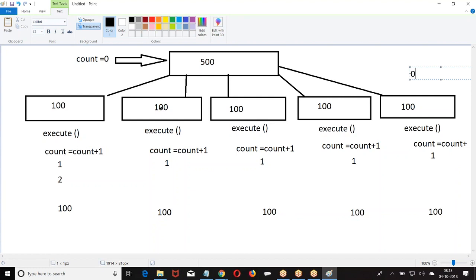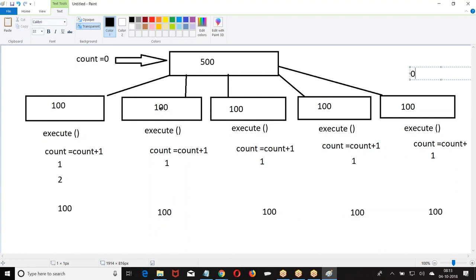Now we divide them into 3 different operations. If the changes made in one operation are notified to another operation, then my count is 1, plus 2, my count is 2, plus 1, count is 3, next one, count is 5. So they are notifying. If the changes made by one execute are notified to another execute, the count will be 500.